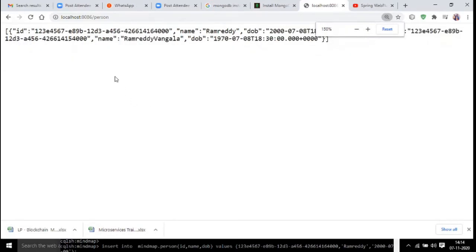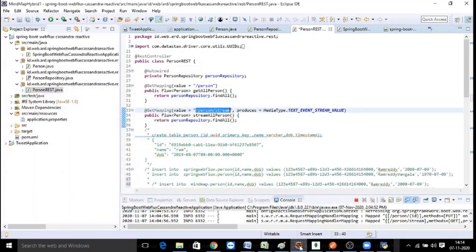Right now let's say I wanted to display the streamed values. Streamed values means I should get, with a delay, a set of values published, with streamed content, like live information.